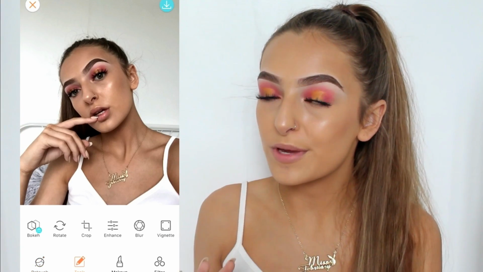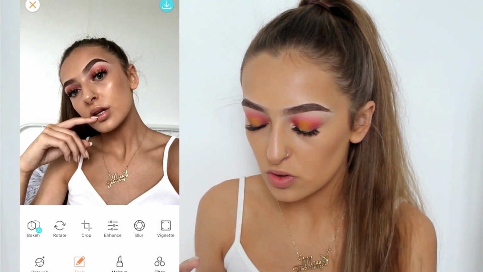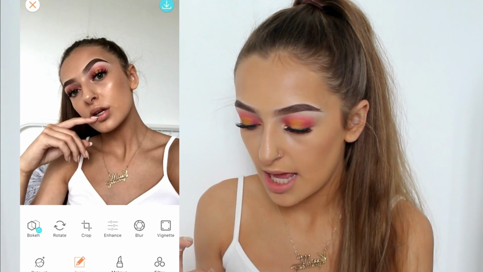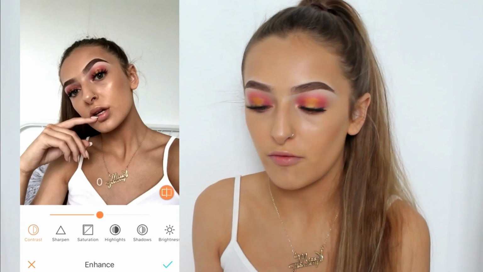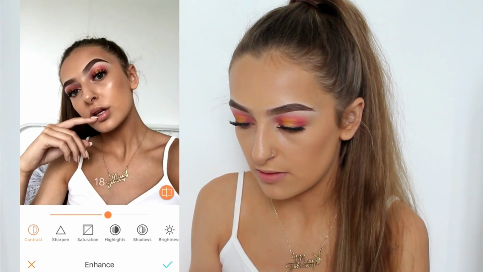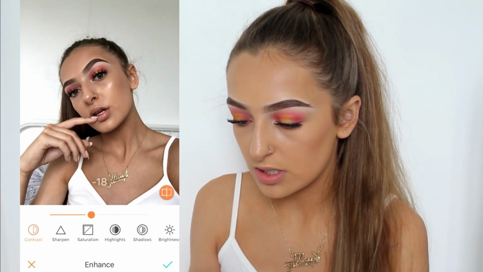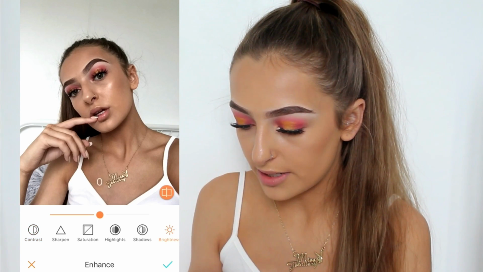So you go to library. So you're just going to open up the picture that you want to edit in Airbrush, and the first thing I do is I go to the bottom of the screen here where it says tools and I go to enhance, and I first of all just change the colour of how I want the picture. So where it is contrast here, I'll either turn it up or down depending on the picture. For this picture I'm going to turn the contrast down, and then I go to brightness and I turn the